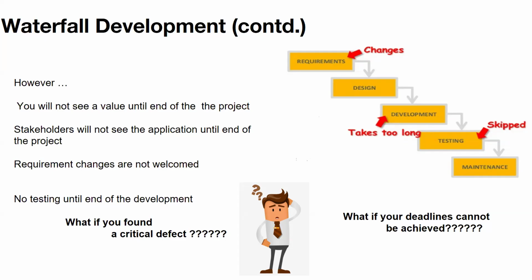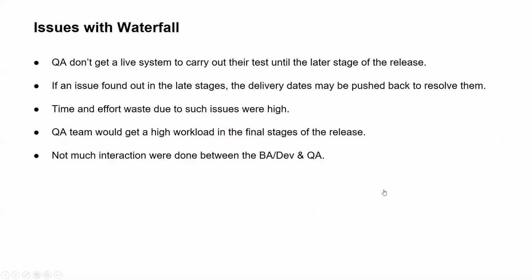Stakeholders will not see the application until the end of the project. Requirement changes are not welcome. If something is fixed, that is it. We are not going to change it. That's how it happened in waterfall. No testing until the end of the development, right? If we find a critical defect, we have to go back to the first part and come across again, right? So the issues with waterfall: QA don't get a live system to carry out testing until a later stage